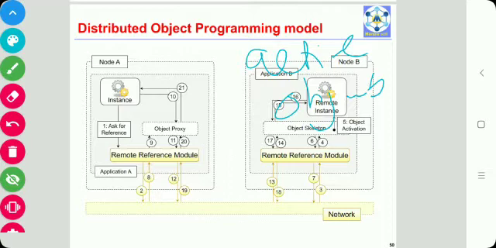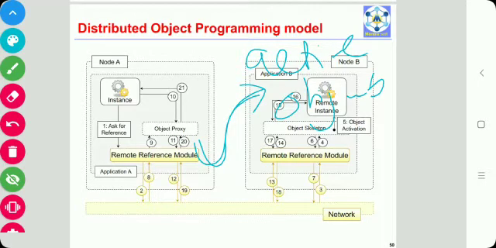Then second, the client process, by using a given addressing scheme, obtains a reference to that active remote object. Then third, the client process invokes the methods on the active object by calling them through a reference previously